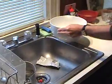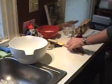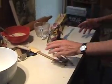Peeling the apple, is that something you just have your assistants do? No, the reason we're making an apple pie is because I wanted to show